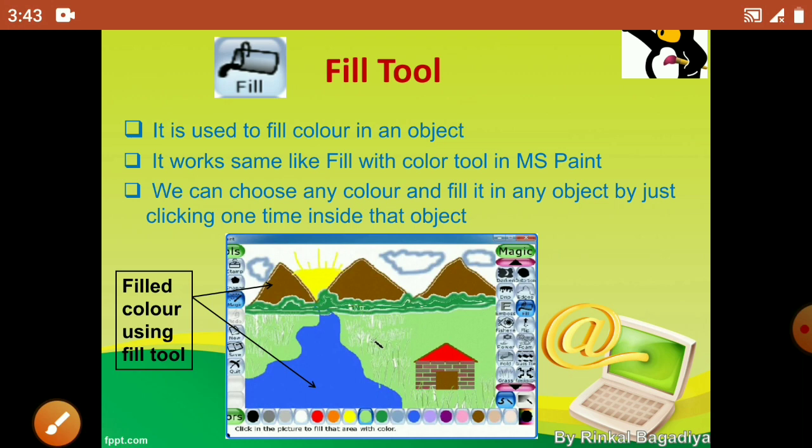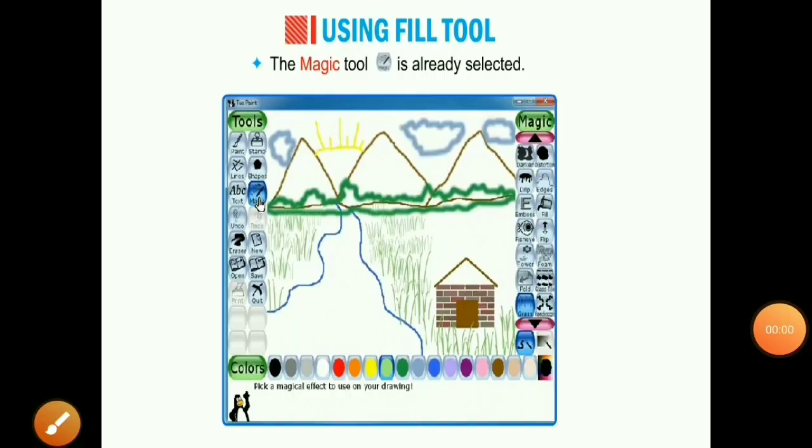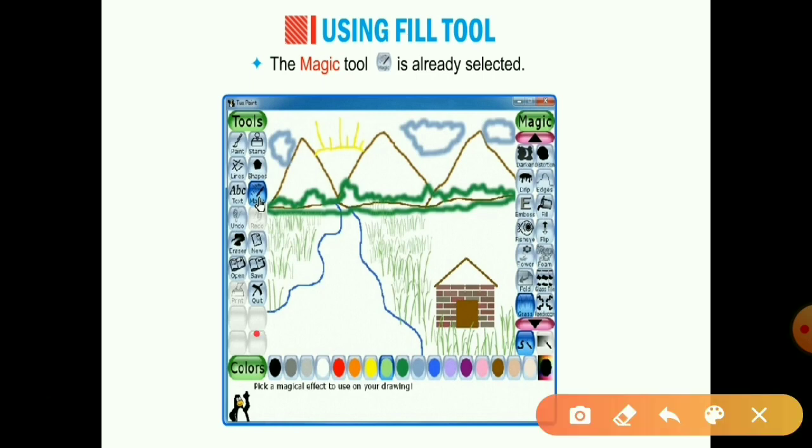Okay, so now let's see how the fill tool works in Tux Paint. Now children, let's see how we can use fill effect. Here on the screen you can see our scenery picture, and in that we are going to fill color in the river, here in the mountains, and in the hut top part.